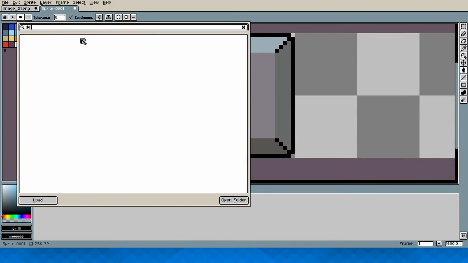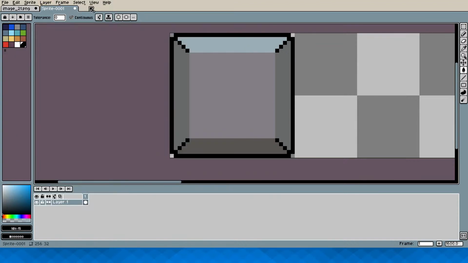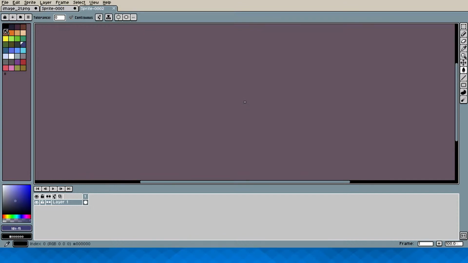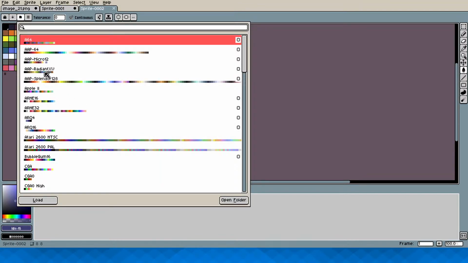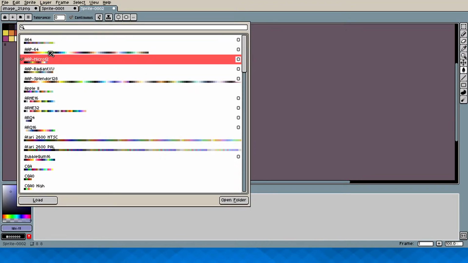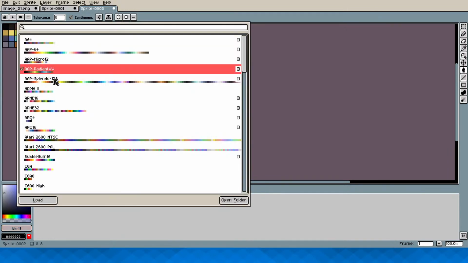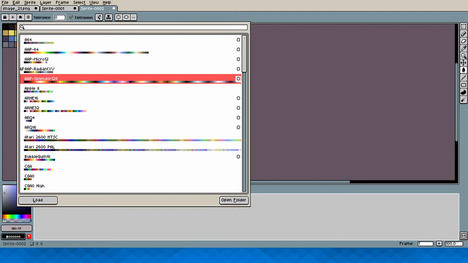What's the default palette called? What's this palette called? Is it this? No. What is the default Sprite palette? Let me look that up.